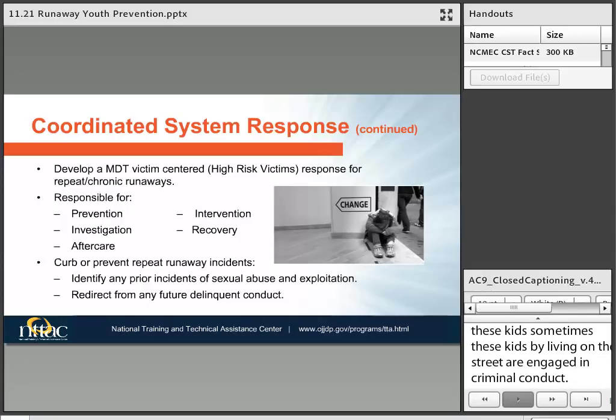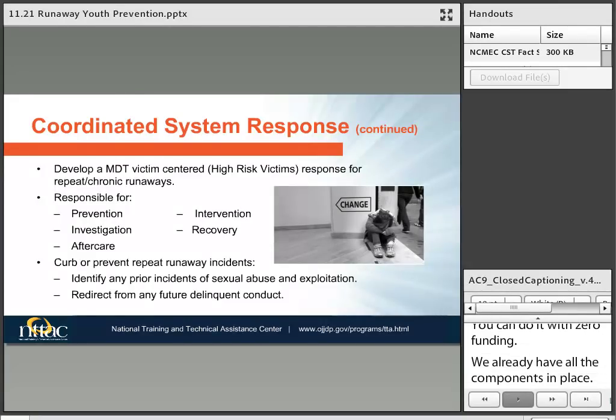And having that multidisciplinary team approach is, again, a relatively simple process to think about. And some people say, well, it's too expensive. You can do it with zero funding. We already have all the components in place out there. We train our patrol officers. We train our frontline CPS workers. And we take our existing system components, and even if we have just an informal response,